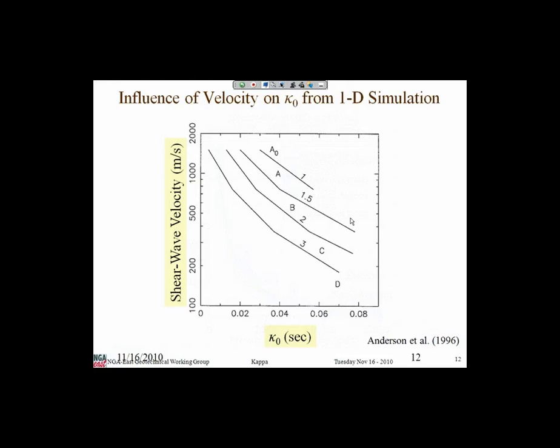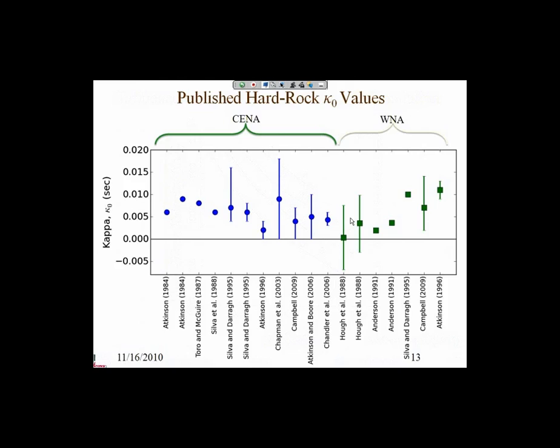And he said the key parameter there is damping. And so it's the kappa. So we get back to kappa. He actually interpreted his seismological results in terms of kappa and proposed some numbers for NEHRP site conditions. So it turns out we don't have very much data for kappa in the east. So this is it. This is what I could really come up with.